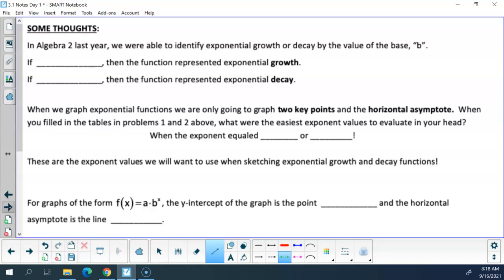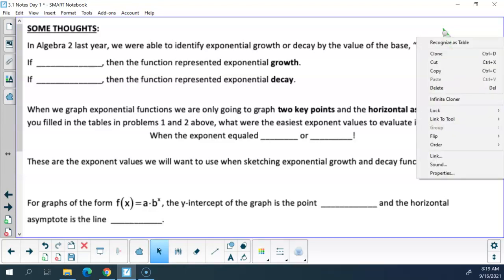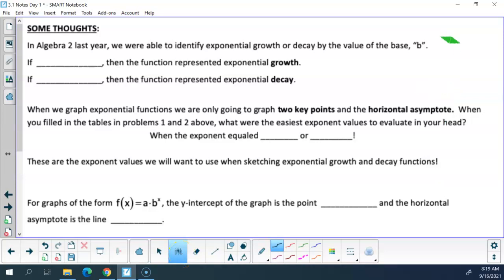In Algebra 2 last year, you were able to identify exponential growth or decay based on the value of b. Okay, so based on the b value, we said that if b is greater than 1, we are growing. If b is